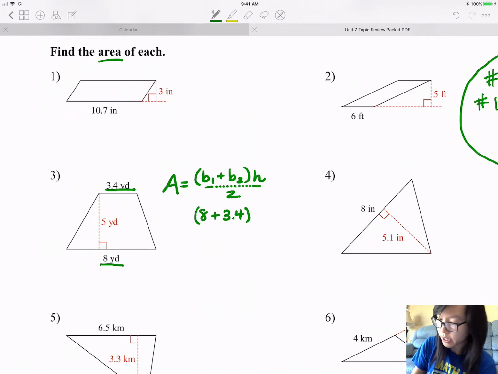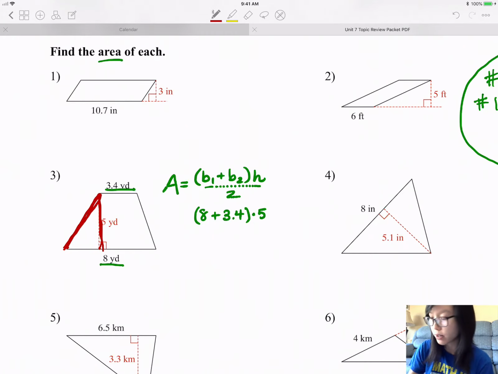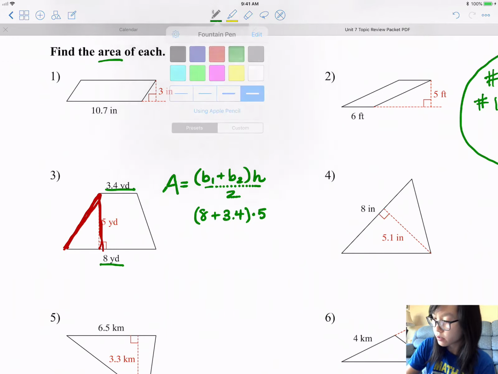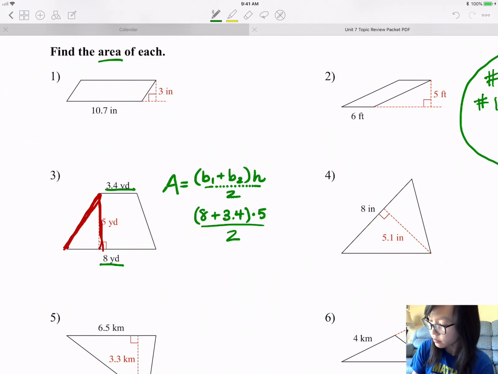Once we add those two together, we can multiply by the height, and in this case, it is 5. Notice this 5 is not going to be the same as this length. This is very, very different, and this is much longer, so don't be tricked by those problems. We're also going to divide by 2. When you add 8 plus 3.4, multiply by 5, and divide by 2, you should get the area is